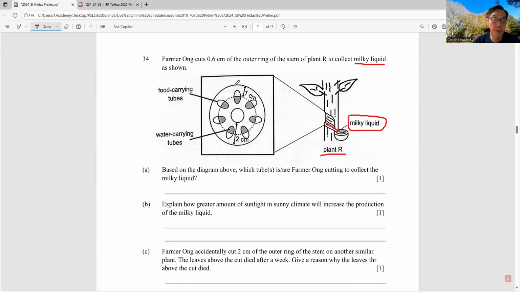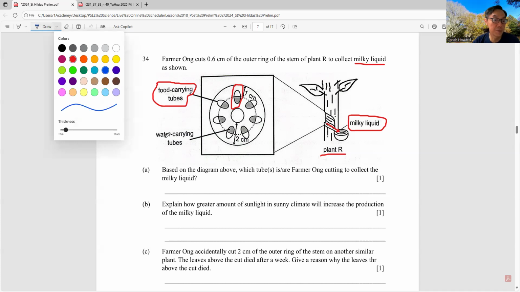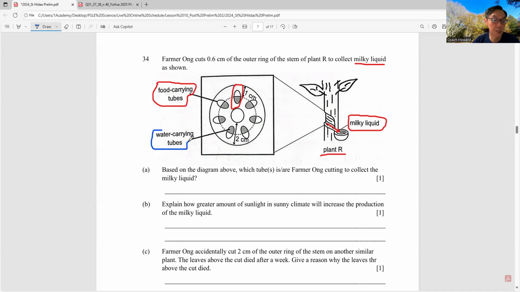And you can see this part, right? This contains both the water carrying and food carrying. So as I mentioned, you need to commit to memory. Food carrying is at the outer ring. The water carrying is the inner ring. So some students ask me, why is the water carrying tubes in the inner ring? So by God's design, this part, because water is more important than food, so it's more well protected inside, it's in the inner ring. So water carrying tubes are in the inner ring, more well protected by the stem or the trunk of the